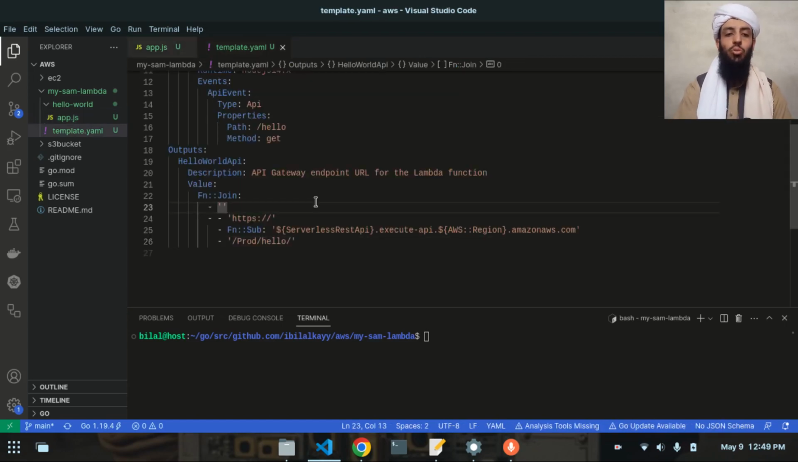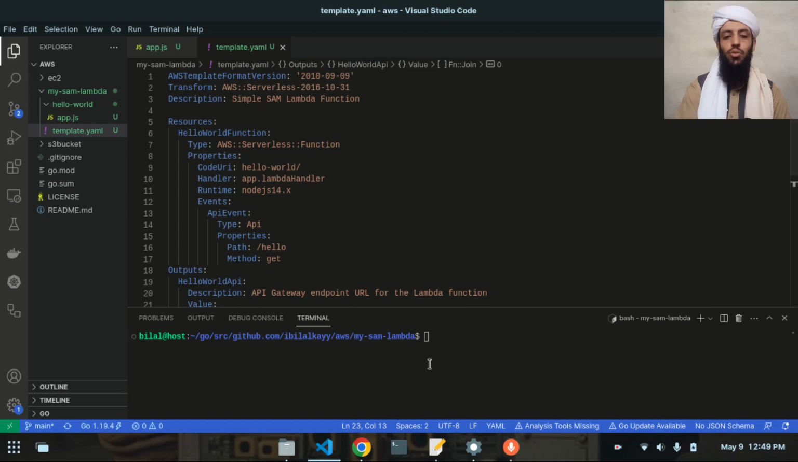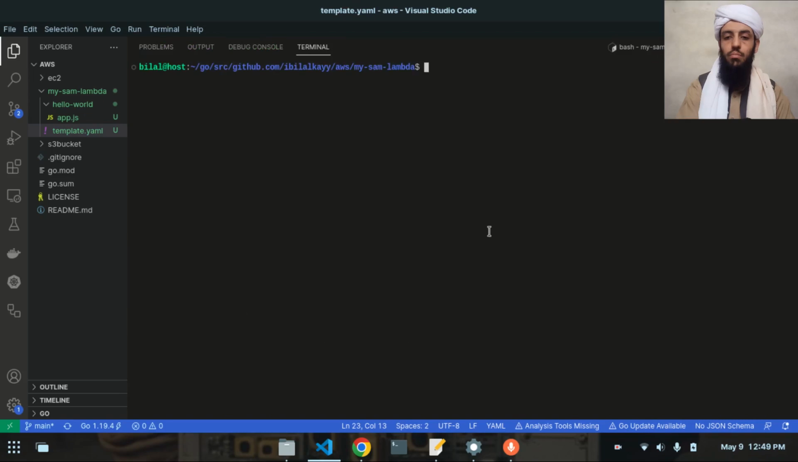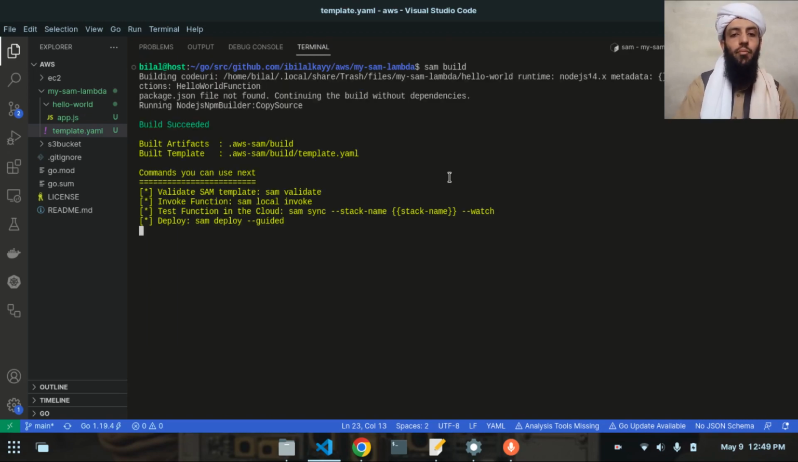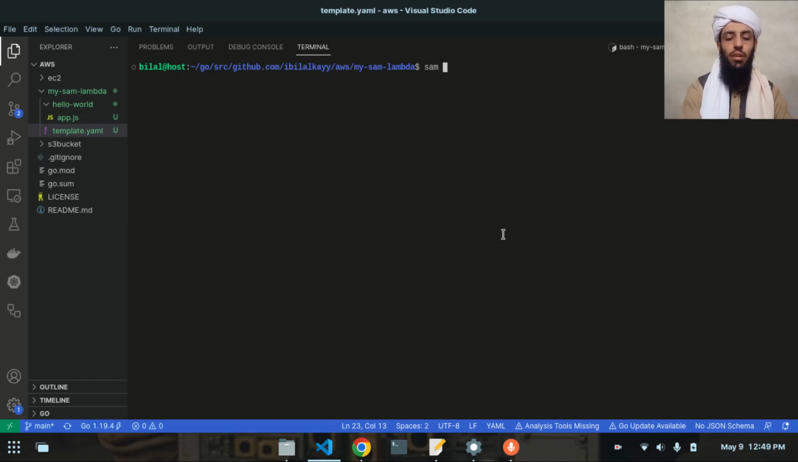All right, so after that, the next thing that I'm going to do is to save them, and let's first of all increase the size of the terminal and write sam build. First of all, sam build. So now it will take some time. All right, so it is built now. So now the next thing is going to be sam deploy